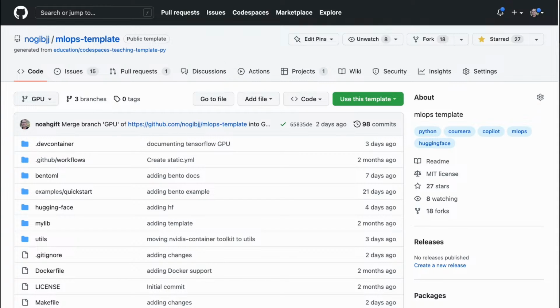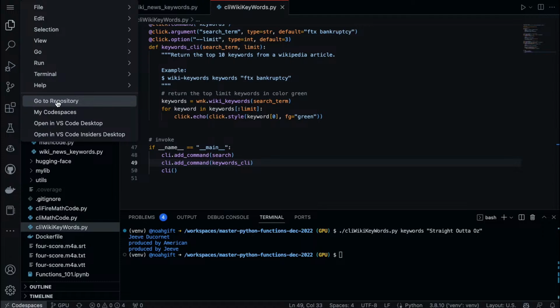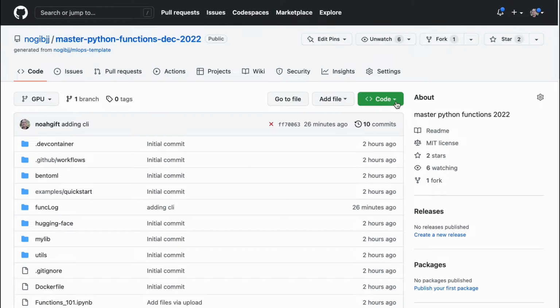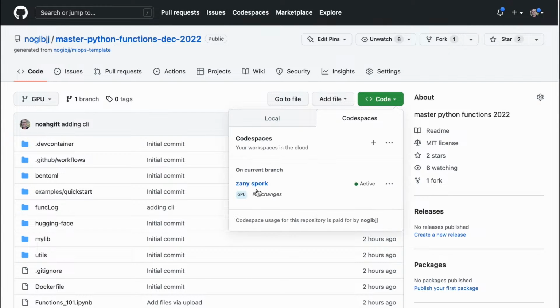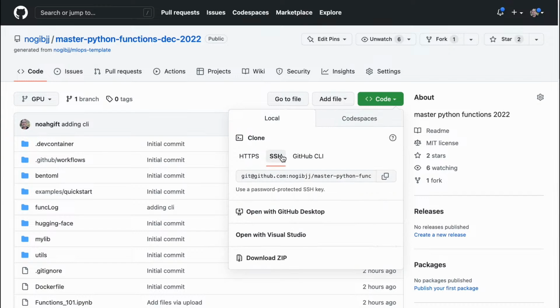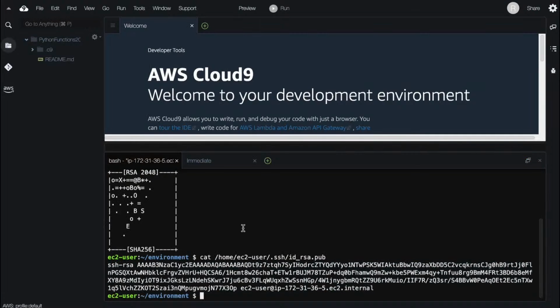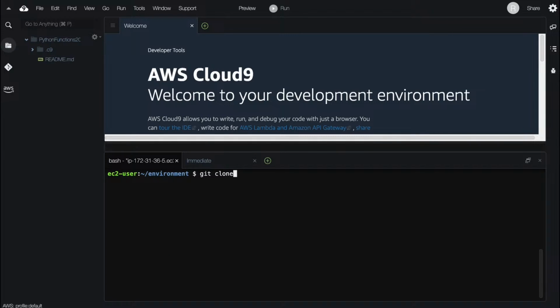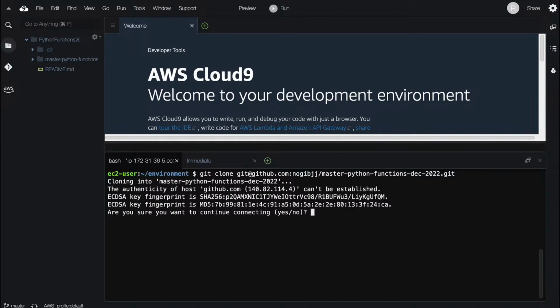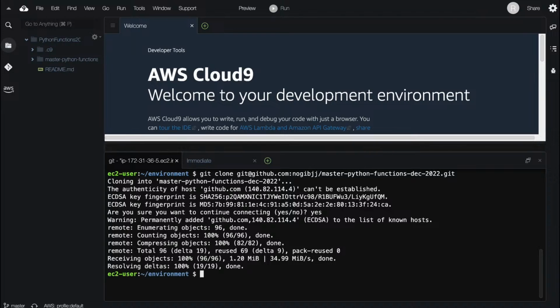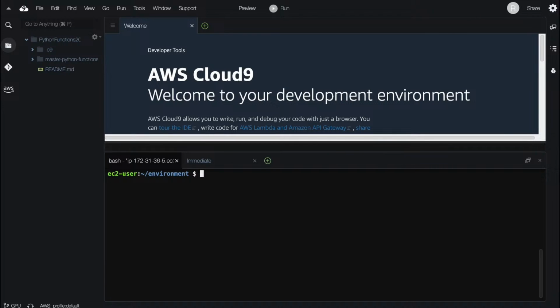So now all I have to do is go to this repo, go to repository, it'll open up a new one, go to code, go to the SSH section here, and copy that. And now if I go into this environment, I can just say git clone, and we just clone this into this environment. So pretty straightforward actually to use Cloud9. There's only one other thing we need to do, which is pretty simple, which is create